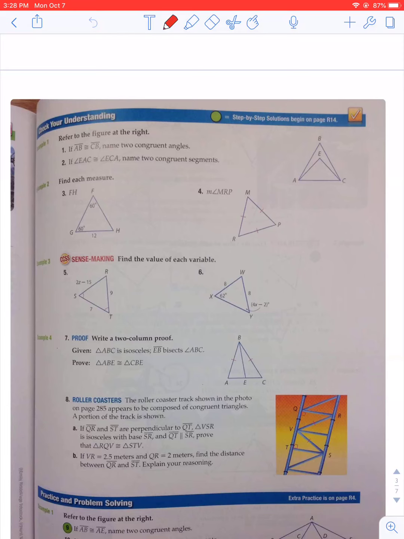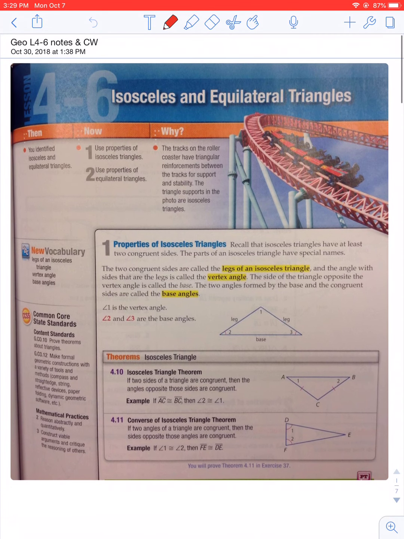Well, today we're continuing with lesson 4-6. It's called Isosceles and Equilateral Triangles. Hopefully you've heard those words before. Here's some general information in case you don't remember, and actually there's some specifics in this lesson that are important